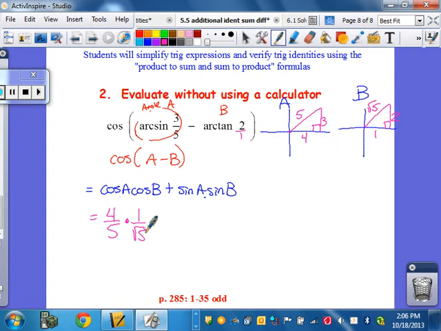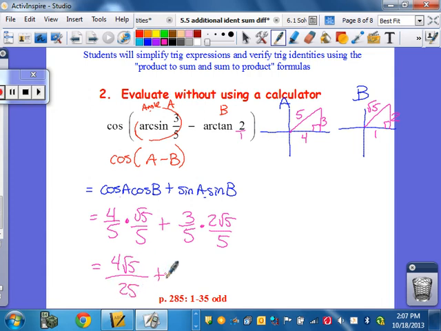Actually, we could make that a little bit simpler and just do that right now. What's 1 over root 5? What should it actually be written as? Root 5 over 5. Okay? Plus sine of A. What is that going to be? Sine A, so 3/5, times sine of B will be 2 over root 5, but I can write that as 2 root 5 over 5. Okay. So if I multiply this stuff together, I get 4 root 5 over 25 plus,